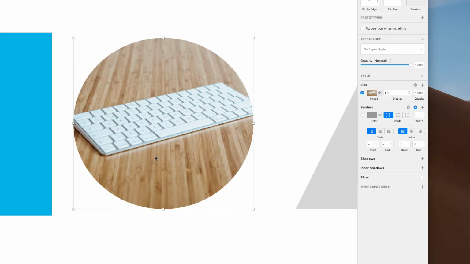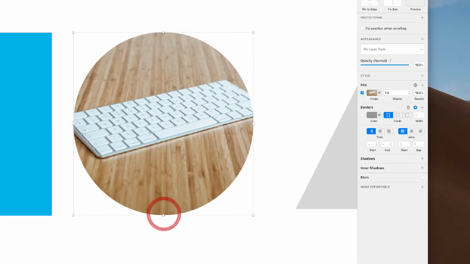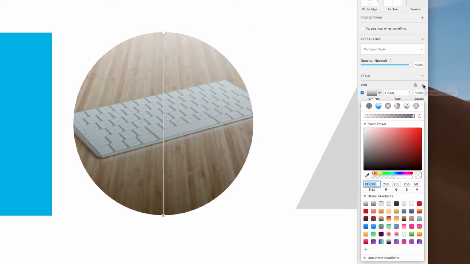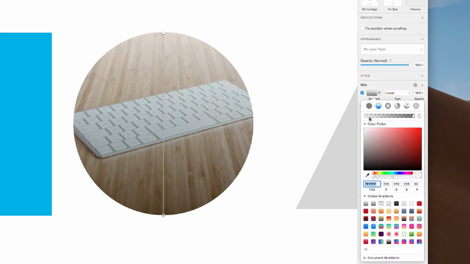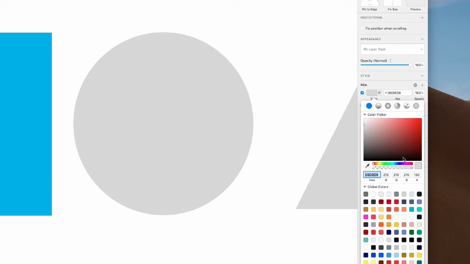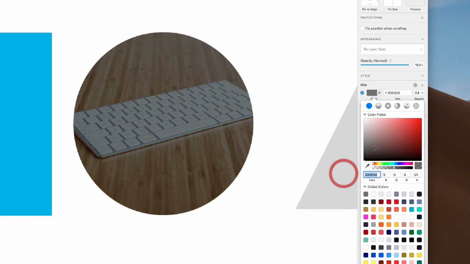So I'm going to try something very simple. I'm going to take this photograph, and I'm going to add a couple things to it. First, I want to put some text over it. So I'm going to need it to be a little darker. It's a little too bright right now. So I'm going to come up here and add a new fill. This creates another color layer on top. And it starts as a gradient by default, but I can make it a color. And you can see, if I make it a little bit more see-through and black,